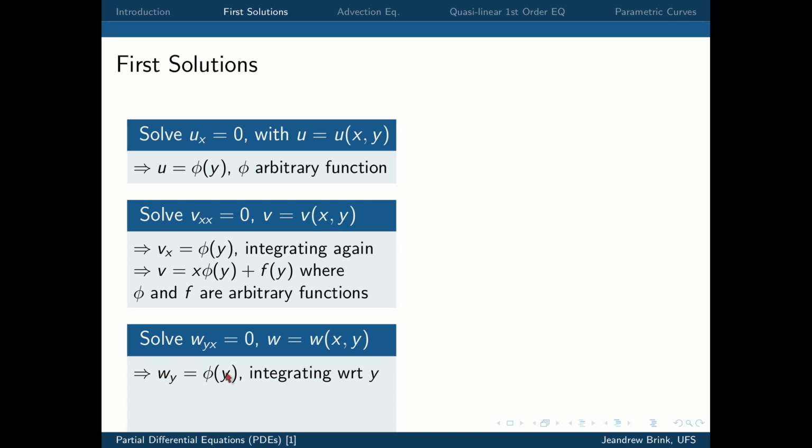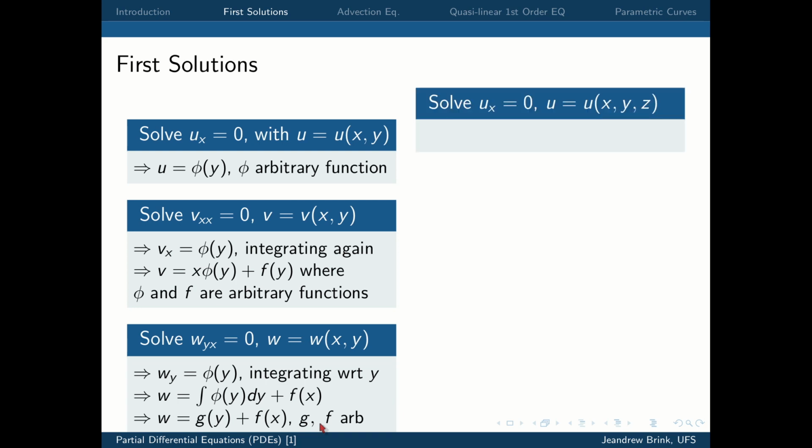And then we integrate it. We integrate this with respect to y, so we get this integral plus an arbitrary function of x, because we integrated with respect to y. But this thing was an arbitrary function to start with, so we might as well just say it's a function g of y plus f of x, where g and f are